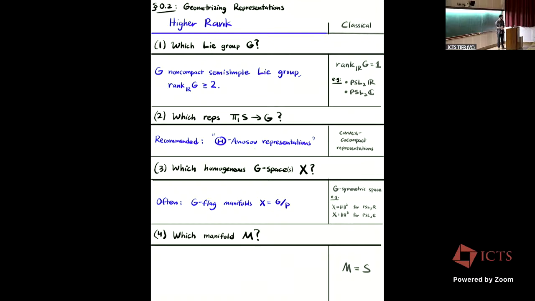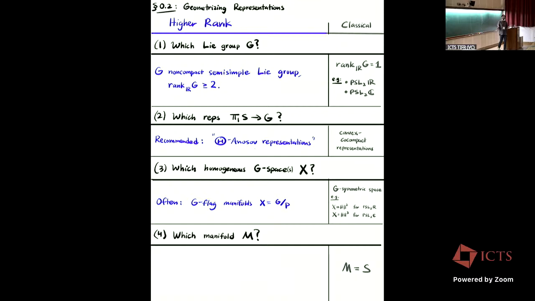Okay, the most important question, which manifold? So before I say any more words on what the right conditions are, let's just think for a second. Suppose we have a group, say PSL4R. This group doesn't have any 2-dimensional homogeneous spaces. So if you want to place the geometric structure on a manifold, it has to be a higher dimensional manifold. So how could it be that you have a geometric structure on some higher dimensional space, but you're actually geometrizing a surface group representation? Well, the most natural way you could imagine that this works is that the manifold M